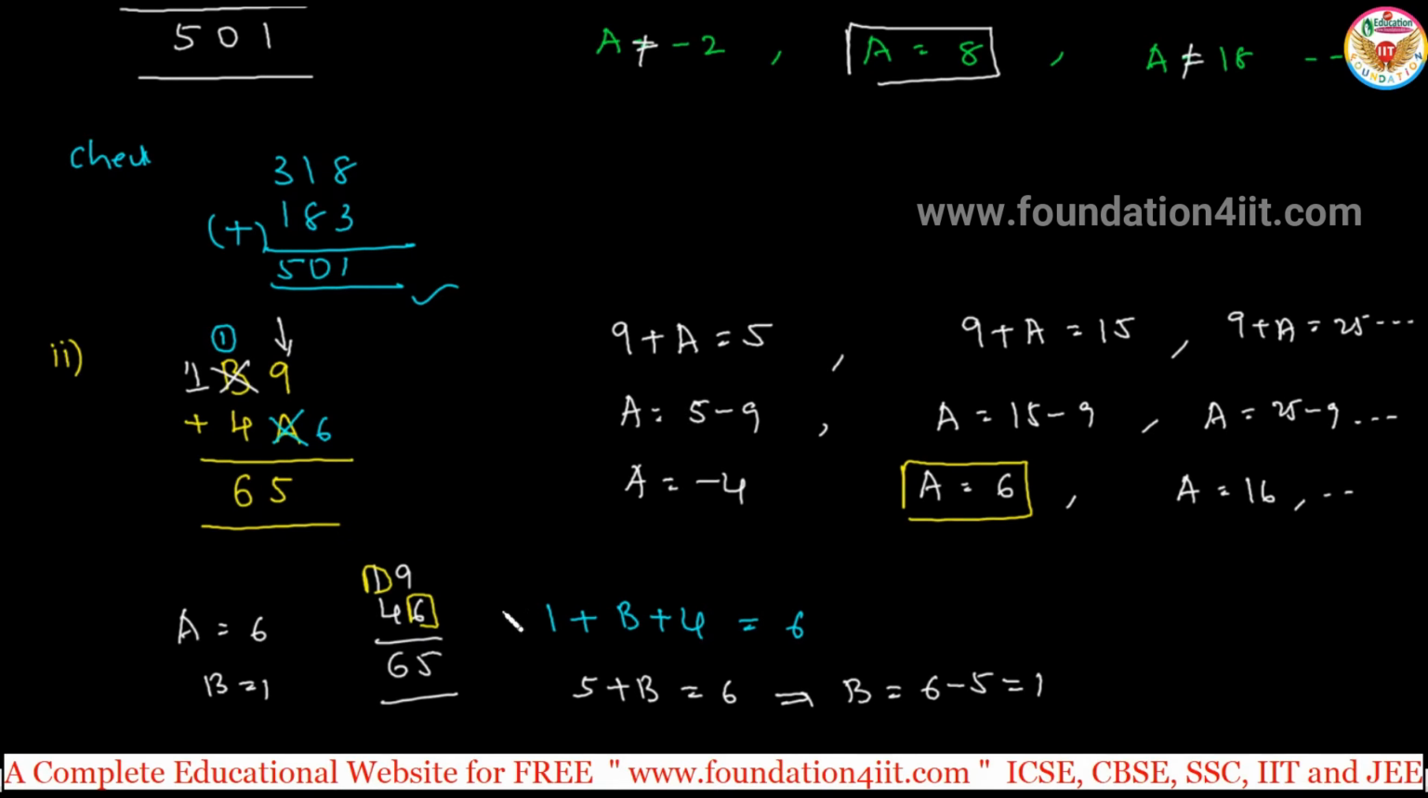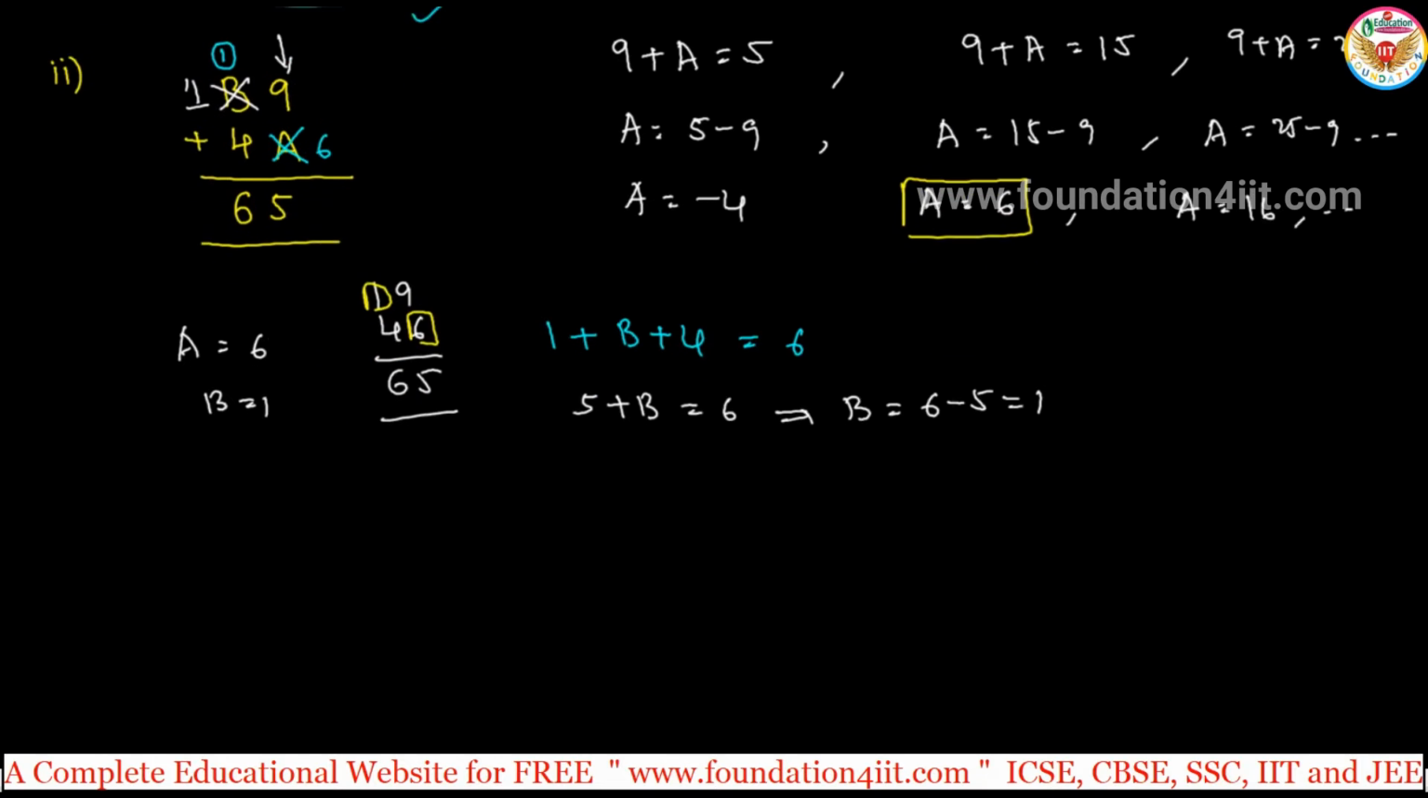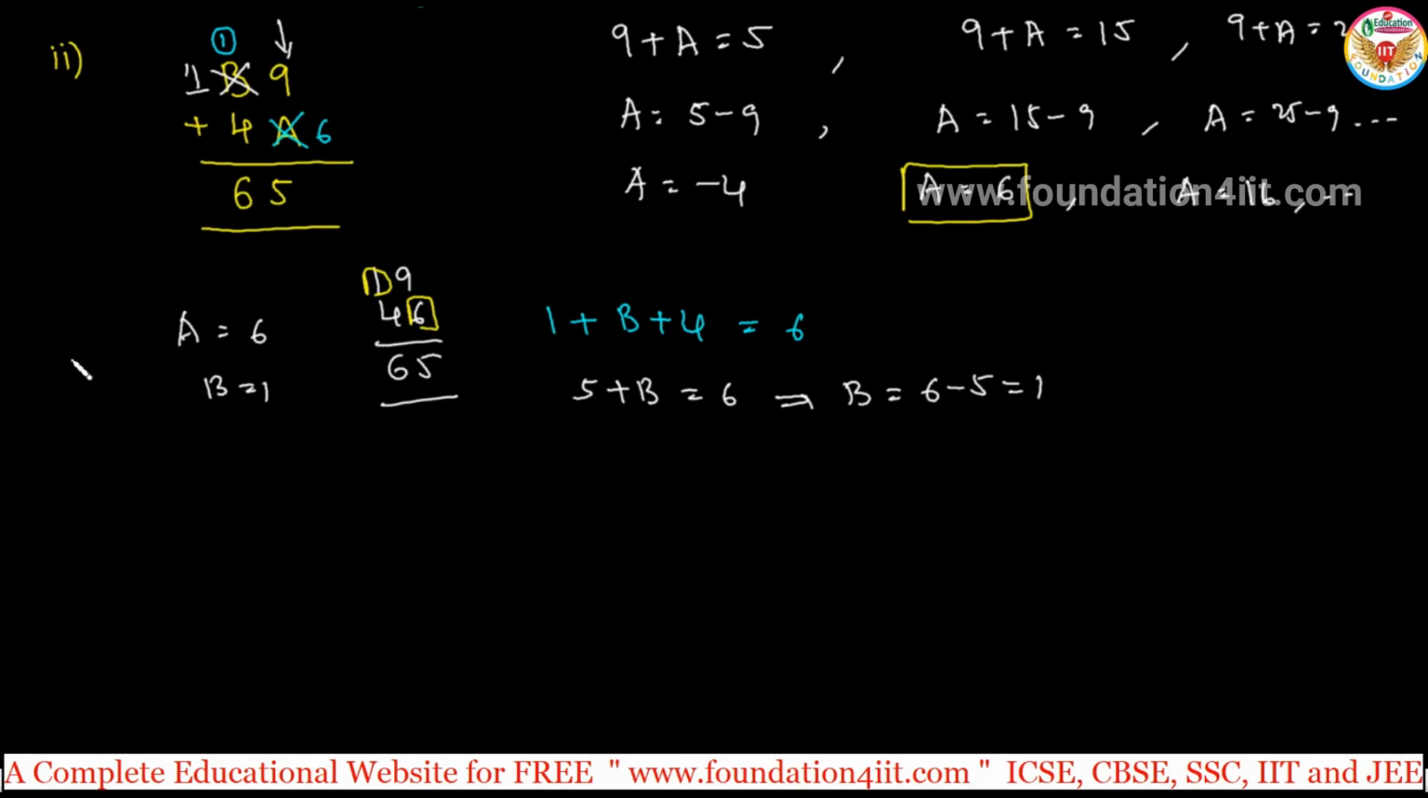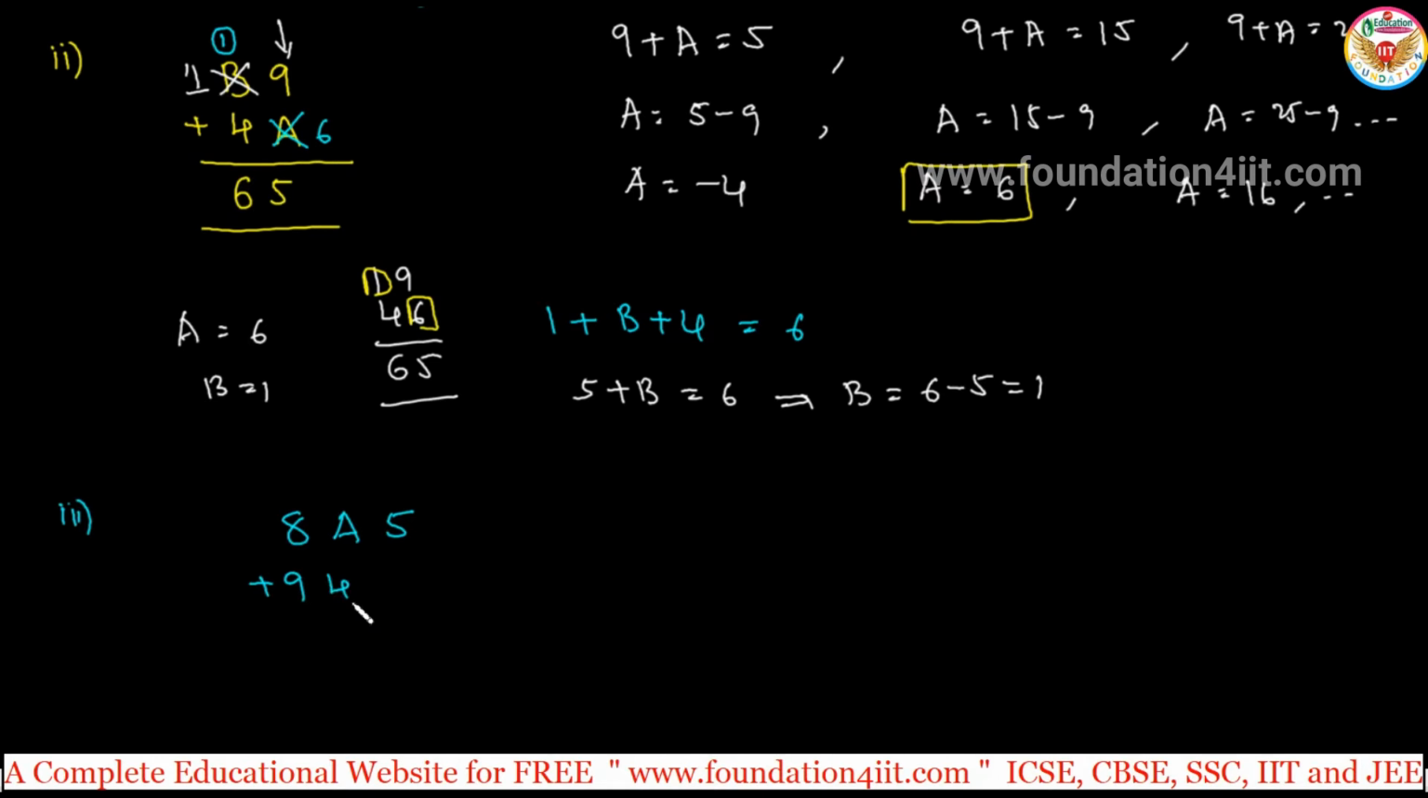So this is replacing the digits with the numbers, this is the concept you can apply. Even let us take a 3 digit number. One more example I'll show you. In the question, let's take 8A5 plus 94A. Even with units place and tens place, the pattern is same from the starting, and the result is given